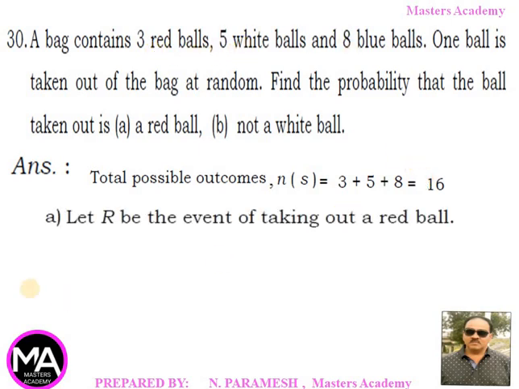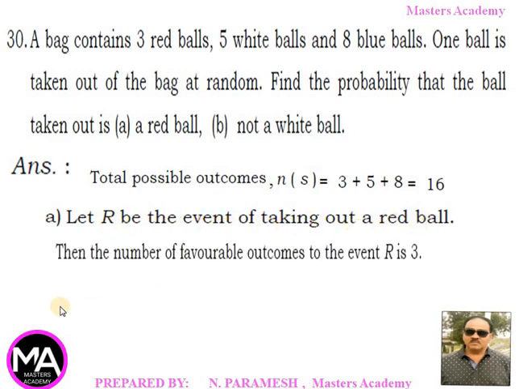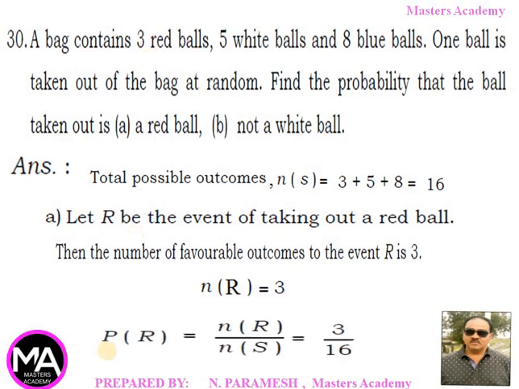is equal to 16. Subdivision A: let capital letter R be the event of taking out a red ball. Then the number of favorable outcomes to the event R is 3. n of R is equal to 3. Probability of event R is equal to n of R divided by n of S